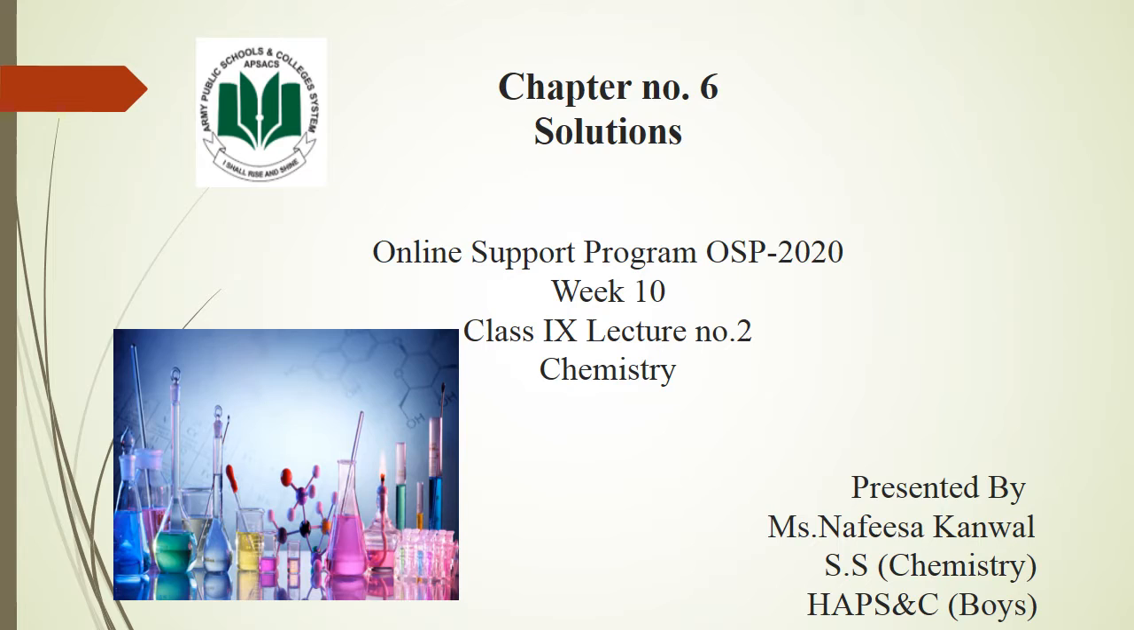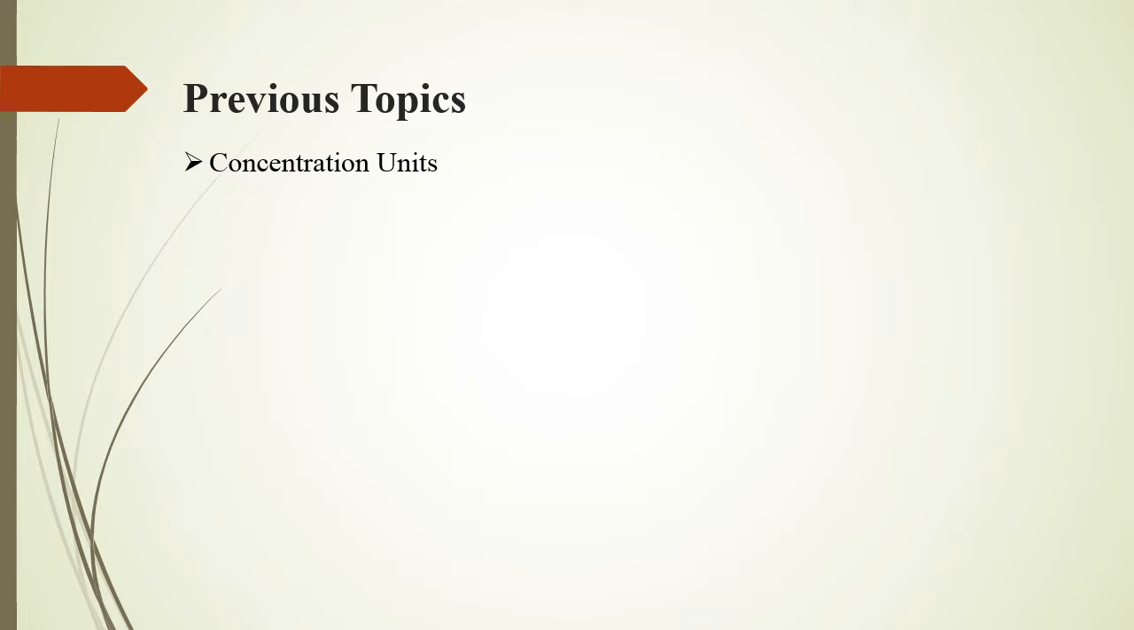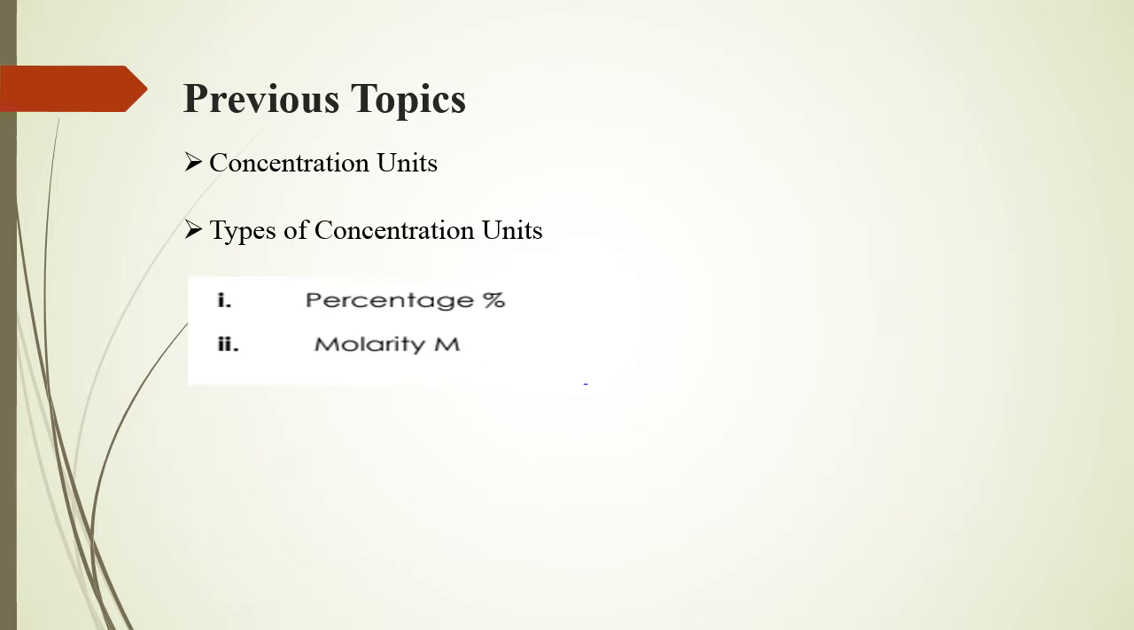This is your chemistry class, chapter number 6, solutions. This is week 10 topics which you have already discussed of chapter number 6. It includes concentration units and different types of the concentration units. You have discussed in the last lecture what the concentration units are and what the types of the concentration units are. These are the two different types of the concentration units,